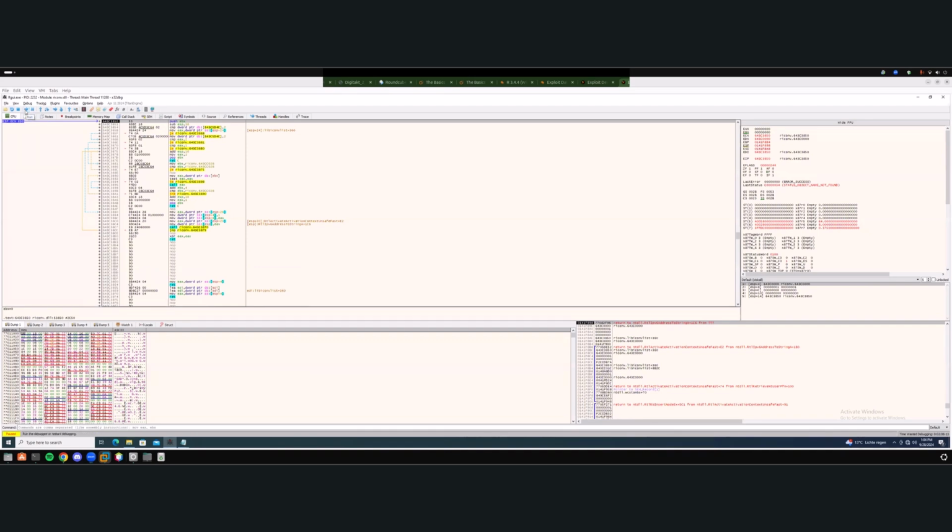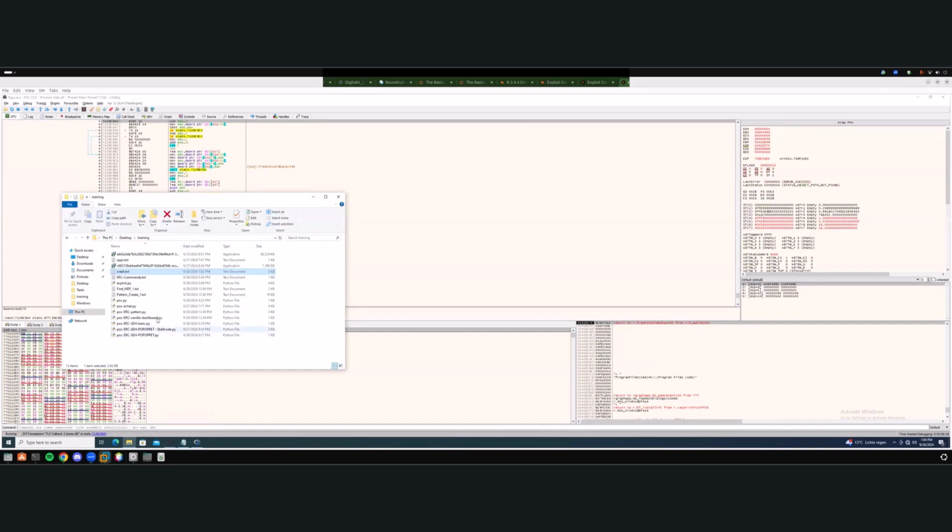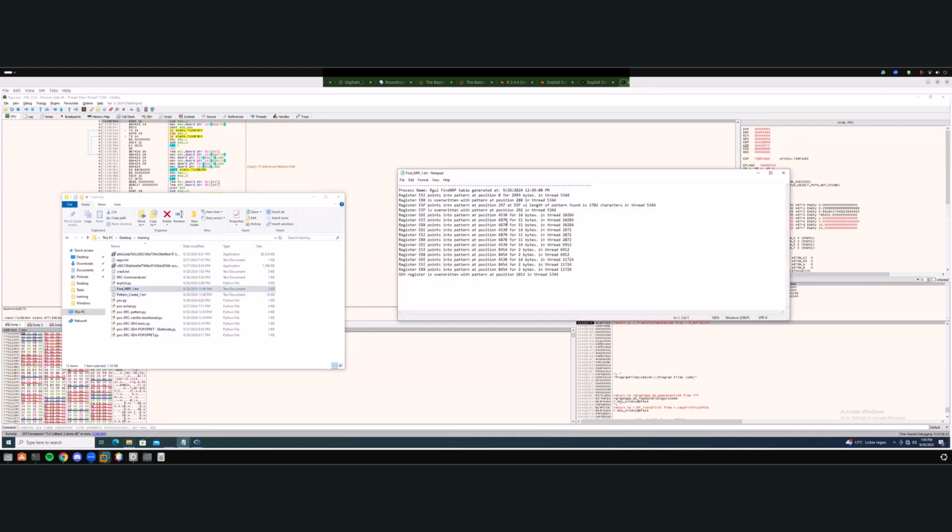So this one is 1. And as you see here, I'm adding 1012 A's, and then the first value of the first exception handler, the second value of the second exception handler,